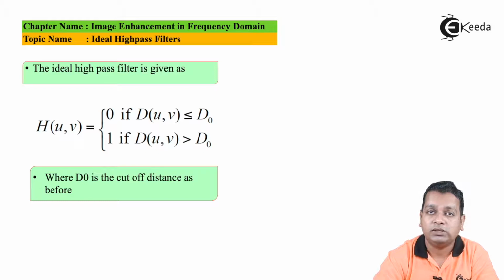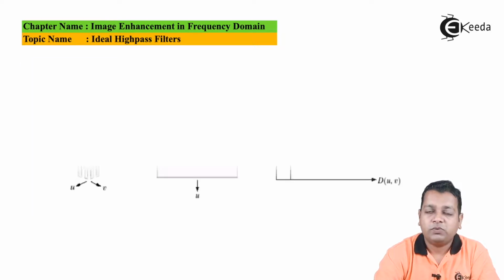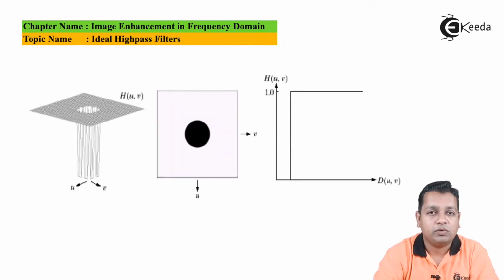Both dimensions, if the x dimension is represented from 0 to capital M minus 1, the discrete values, and the y is also represented from 0 to N minus 1. So this shall be the transfer function here. Now, as far as the visualization of the transfer function is concerned, the filter mask, what we call for